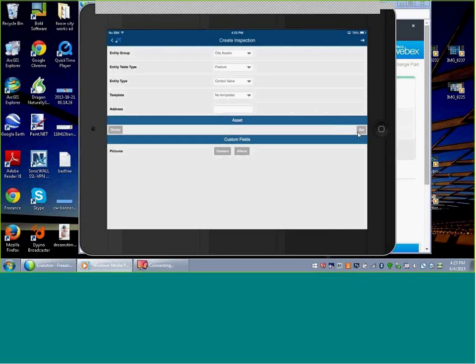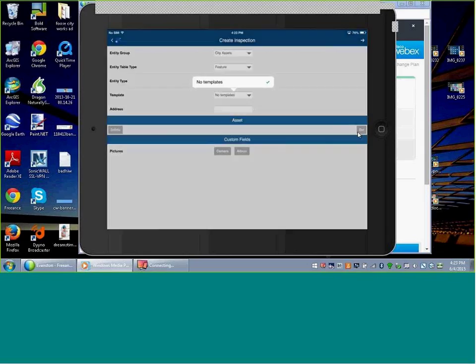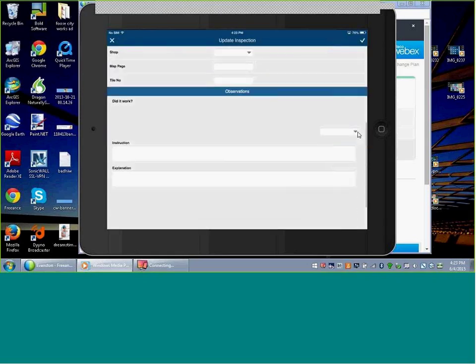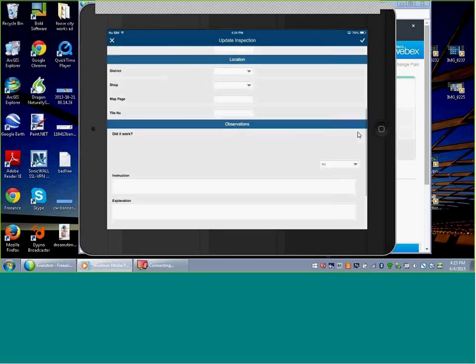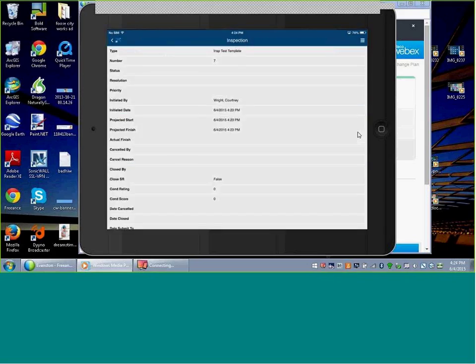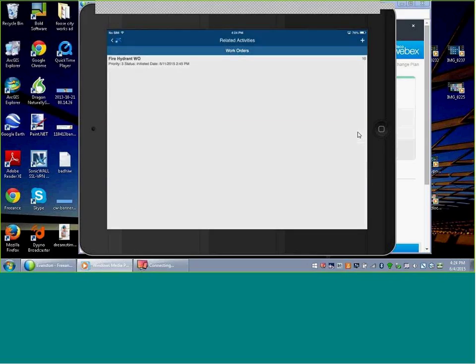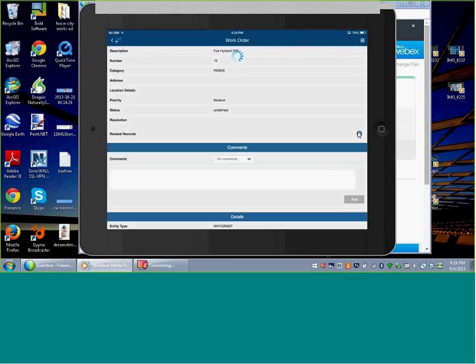I'm just going to jump, well, let me see. Not sure why. This one is, there we go. So there's the observations. There's only one there. This is not a thick one. We'll just go ahead and save it. Get out of here. So there's that. And there's that related work order that we built off this, so I'll jump back into that. But we also have inspection, service request,